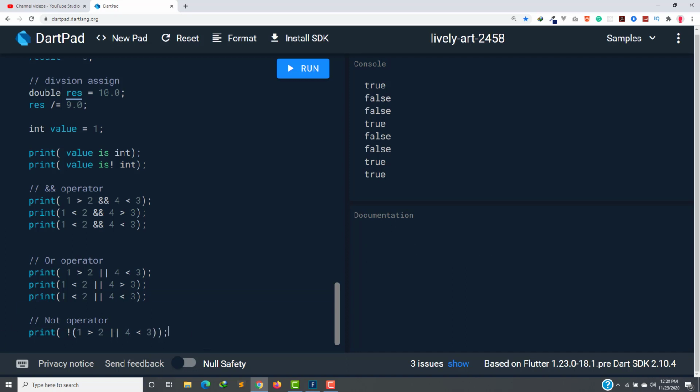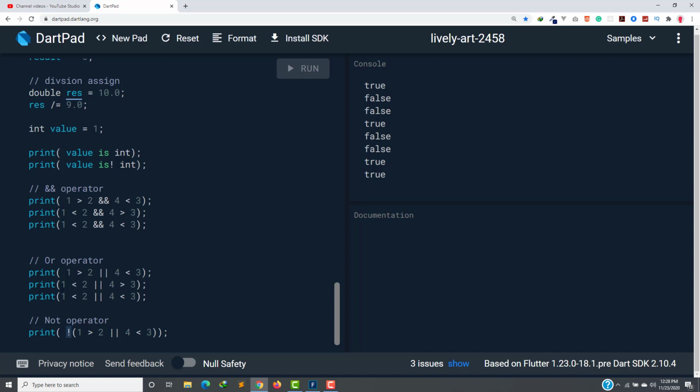Okay, so what I'm doing is whatever result I get, I'm just negating it. I just want the inverse of that result. So if this condition is going to return false, then the inverse of that is what? True. So now when I run the code, I should see true added to the conditions here, I mean in the